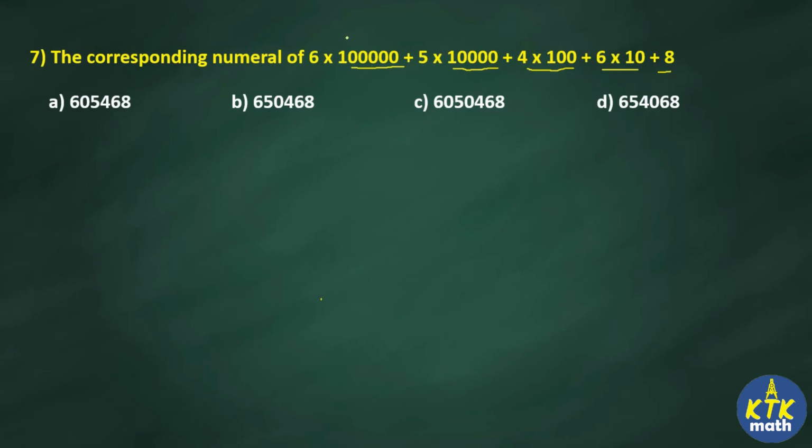6 lakh, we are going to read this as 6 lakh, so this place is lakh. So 6 lakh 50,000. Better you can write the number 6 lakh 50,468. So where you have this 6,50,468? Yes, option B is your right answer. And here you can check, you have more digits. Here you have 4,000, but here you have 400 only. So your correct answer is option B. Okay, as I told you already, if you are getting the answer in A and B, you need to check C and D also.